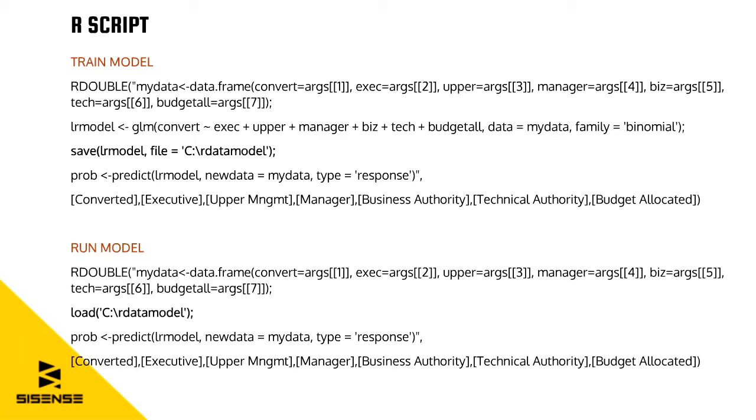So you can see the R code itself, fitting the model, well, is one line to create your data frame, one line to fit the model, one line to save it. Scoring your new data, it's one line to create the data frame, one line to load the model, and one line to make the predictions. So it really is quite a simple process to create powerful models.